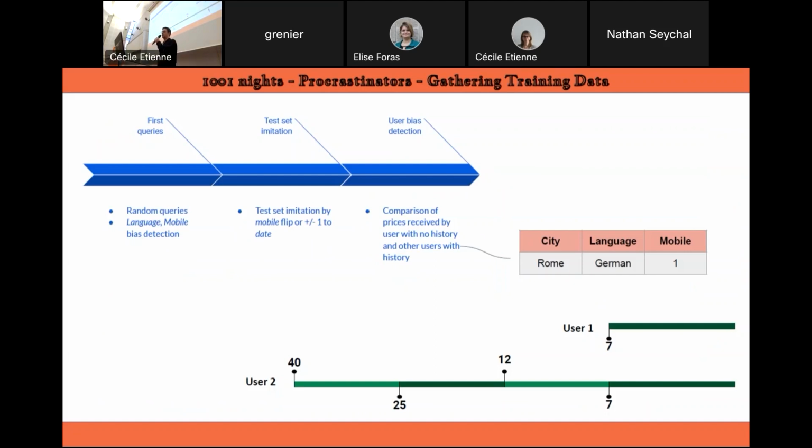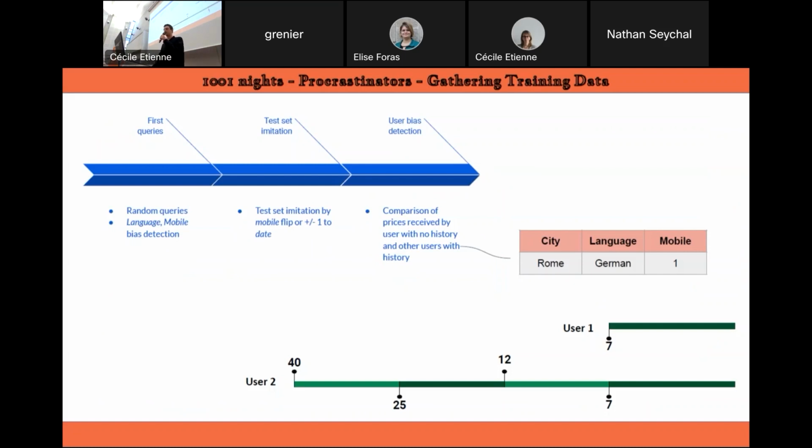And so for the mobile parameter, we found out that there's no bias. It doesn't matter which platform you use, there's not a big change. So it's not an informative feature, and we can avoid it. But for the language, we successfully detected the bias. For languages like Finnish or Norwegian, the prices were very high, and the lowest prices were for languages like Hungarian and Bulgarian. And our models were able to interpret this well.